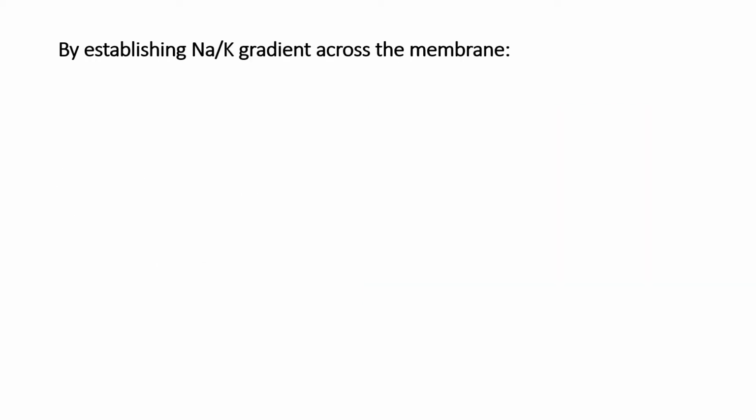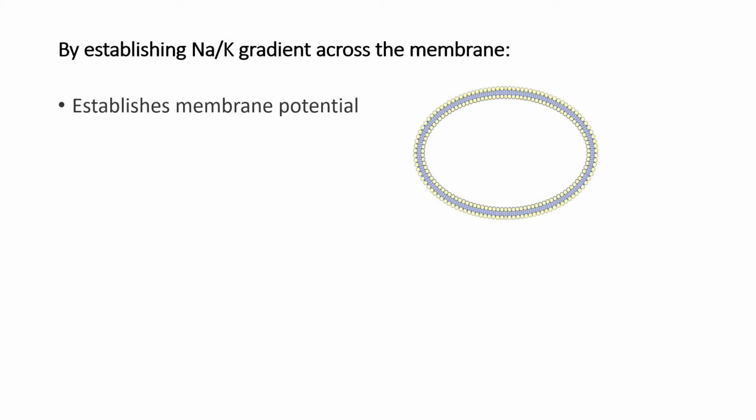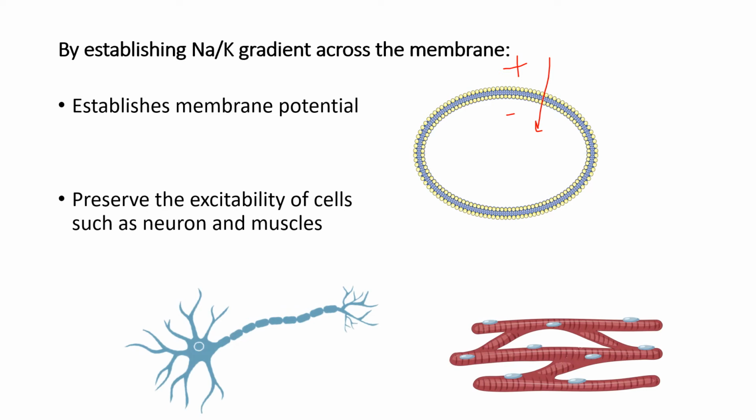The other function is that by establishing sodium and potassium gradient across membrane, sodium pump establishes membrane potential. It also, in excitable cells like neuron and muscle, the pump activity preserves the excitability of